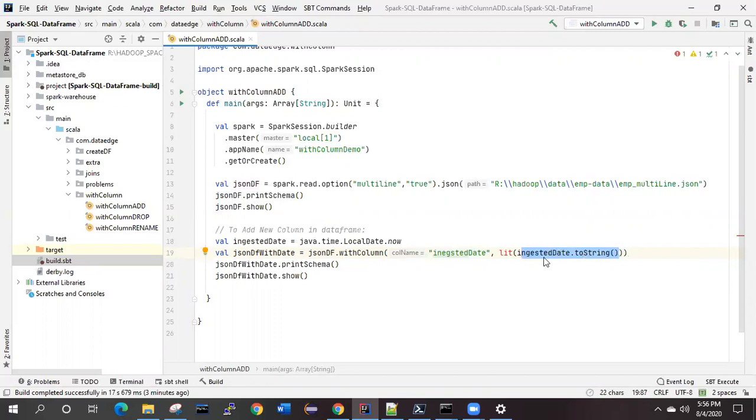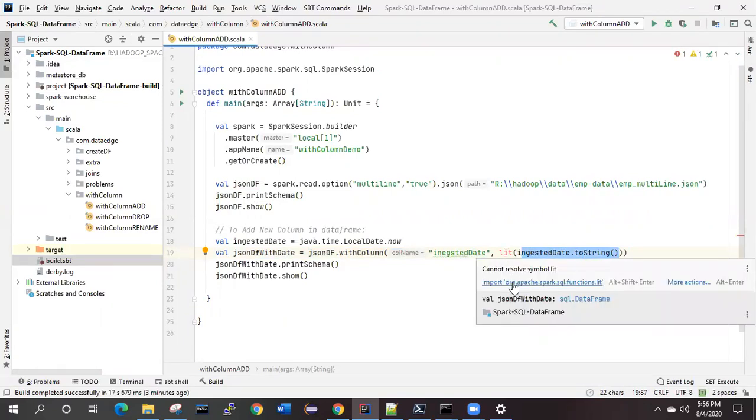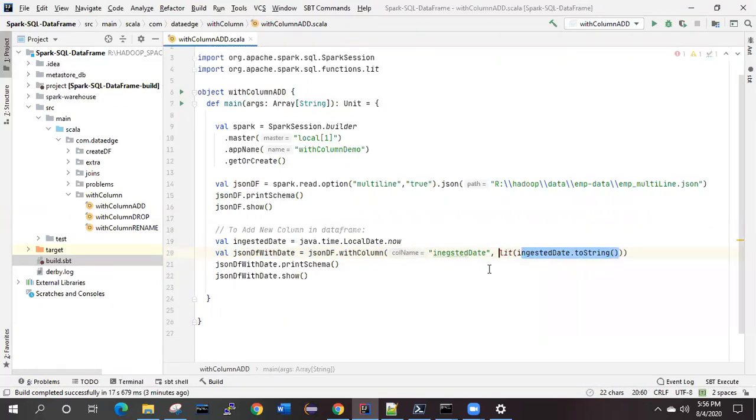So we need to make use of the lit function over here, and you need to import it. This is the ingested date, and this ingested date will be nothing but the current date of my system. As you can see, this is the syntax: java.time.LocalDate.now.